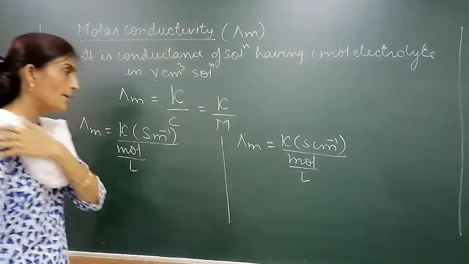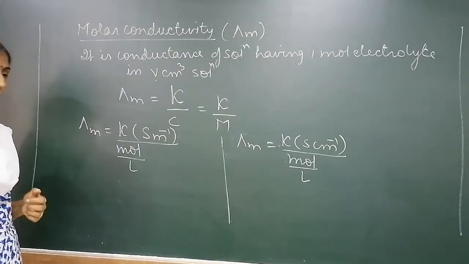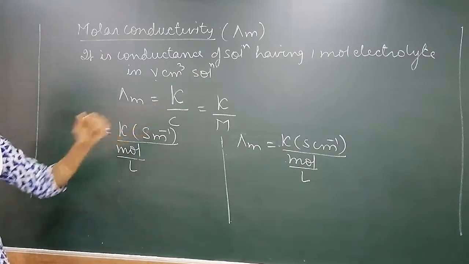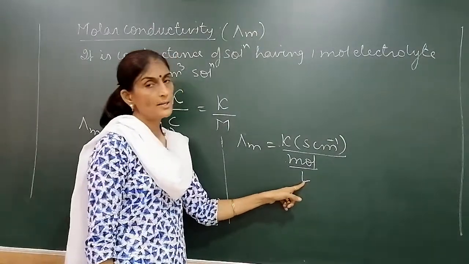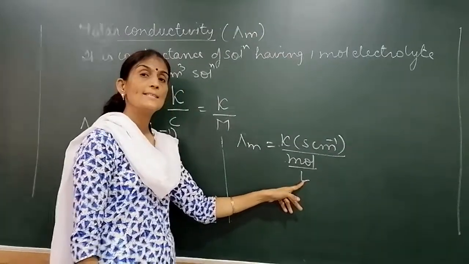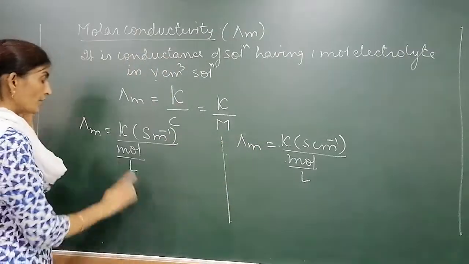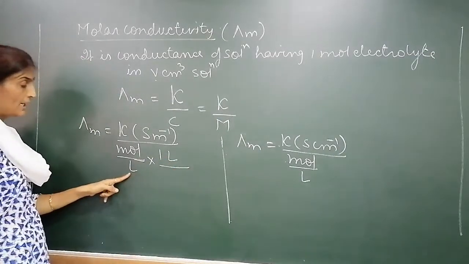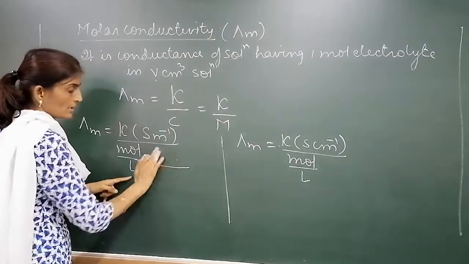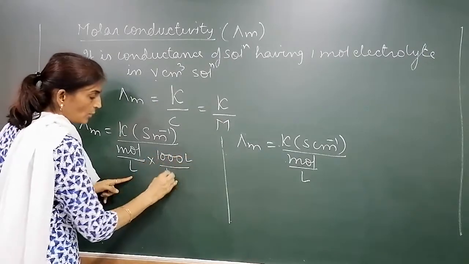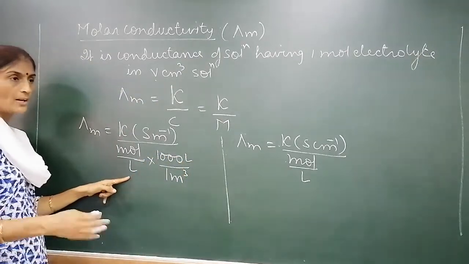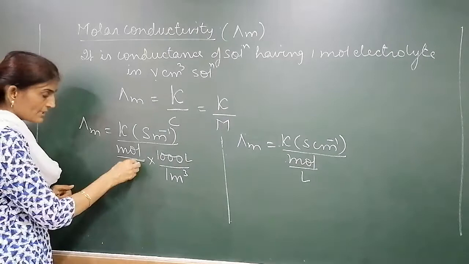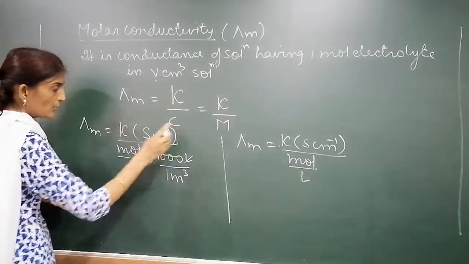Now in order to determine lambda m units as well as its formula, we have to convert this liter into meter cube, because here it is meter inverse. And in the other case, this liter is converted into centimeter cube. We know from dimension analysis how to convert meter cube into liter. So we know that 1 liter means how many meter cube? It's 1000 liter means 1 meter cube. This is the relation between meter cube and liter. 1 meter cube is 1000 liter. Okay. Now this liter will cancel. This meter cube will move up.